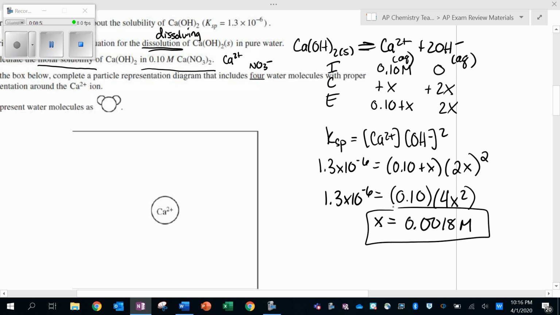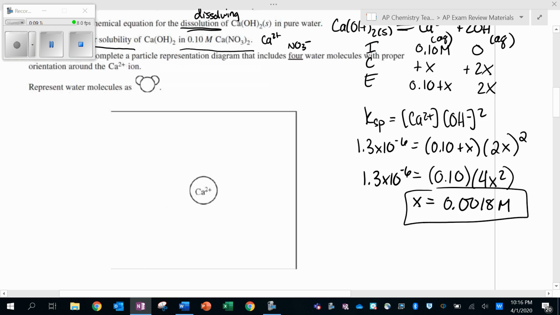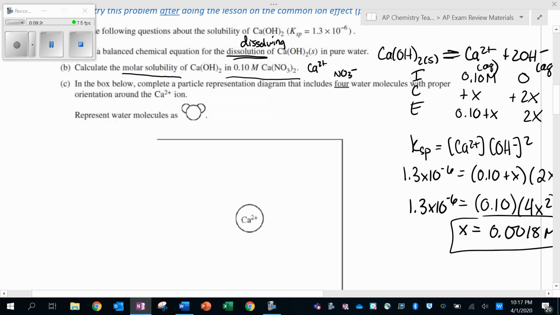Again, what x is representing is how much of your calcium hydroxide dissolves. Because for every 1 calcium hydroxide that dissolves, you make 1 calcium ion. So the value of your x, the amount of calcium ions made, is equal to the amount of calcium hydroxide that dissolves. So that is the answer to question B. That was a 2-pointer. You got a point for showing your work with the correct setup and a point for the final answer. And then if you look over here at part C, we're connecting it back to